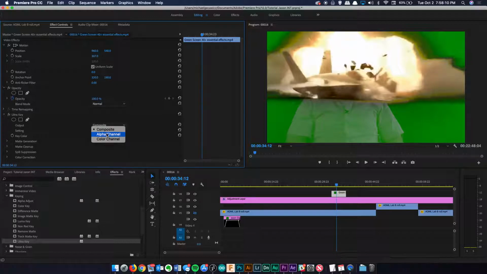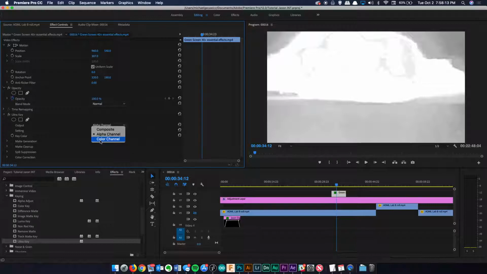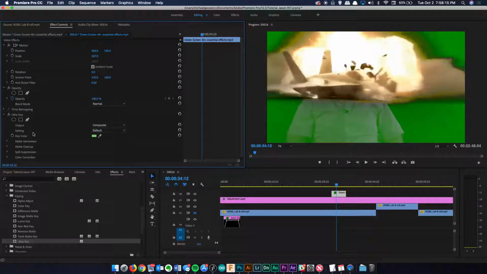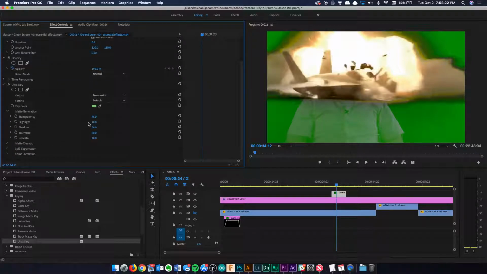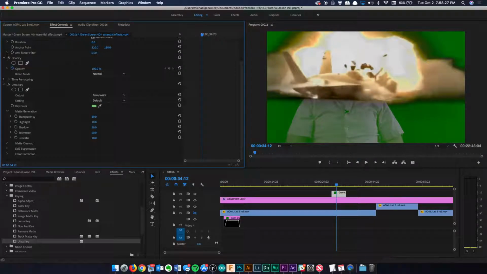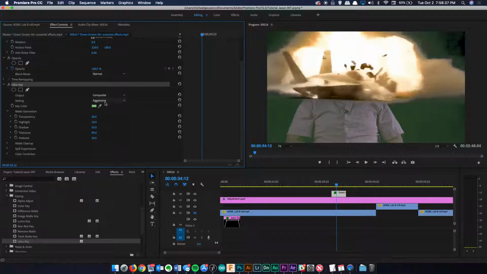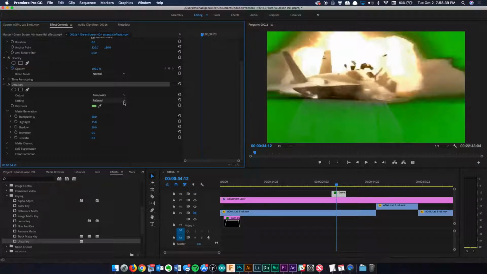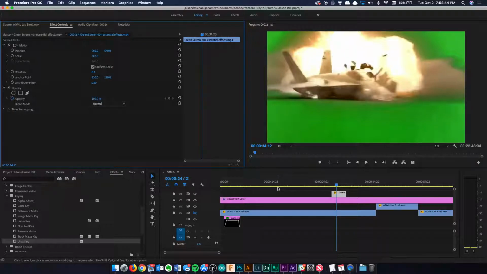Output, composite, alpha channel. Nope. Color channel. Nope. Composite. Setting, default. Okay. Matte generation. Let me just go into these settings really quick. That's weird. Isn't it aggressive under C? Yeah. It's like red. It's easier in After Effects, but again, because what I'm getting into right now is